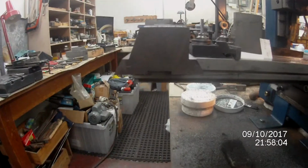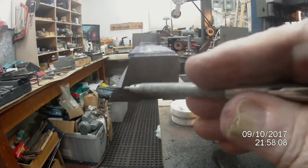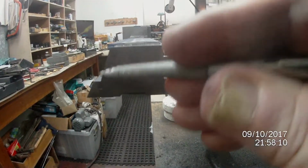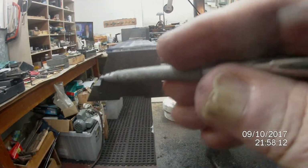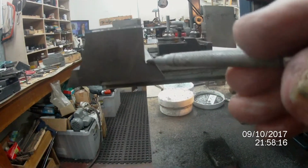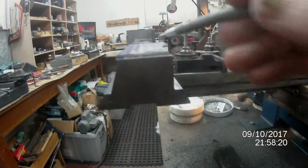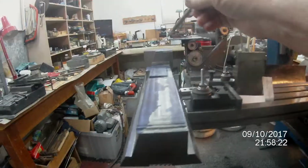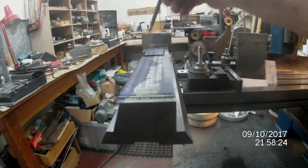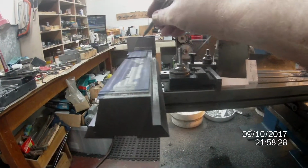If I come round here to the side, you can see this is the section that I've just machined at an angle of 22 degrees, and it'll be the same on the other side when it's finished, and it'll go right the way along to this face here on this side. So then there will be like a bridge